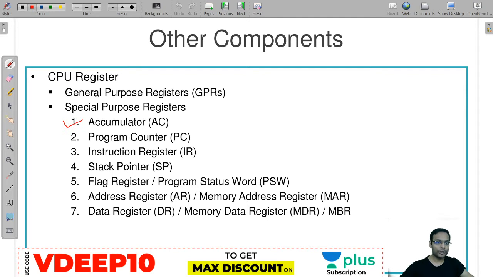Of course, I have explained accumulator and all types of architectures. What types of architectures we have, I have already explained. Then after that, did I explain program counter? Yes, I have explained the program counter also, and I have solved a question regarding the program counter. Right now, the next thing we are going to learn today is instruction register. Fine. Okay, let's do it.